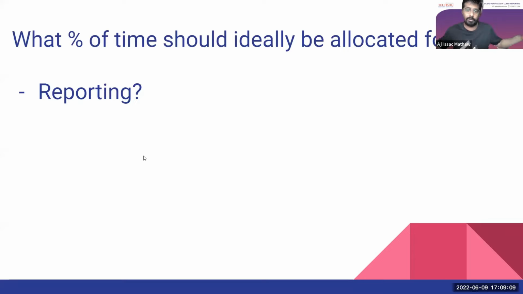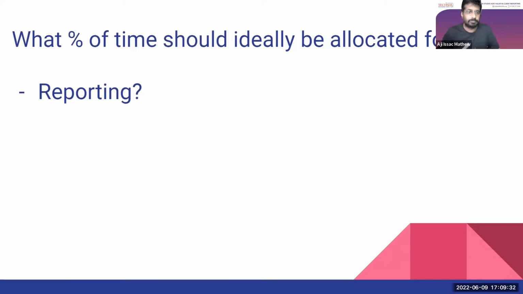what percentage of time should ideally be allocated for reporting? Because when we look at the whole allocation, we try to allocate a certain percentage of budget and time for various kinds of activities. So what percentage of time should ideally be going to reporting? All of you can use the chat and let's see what percentage, according to you, should be allocated for reporting.